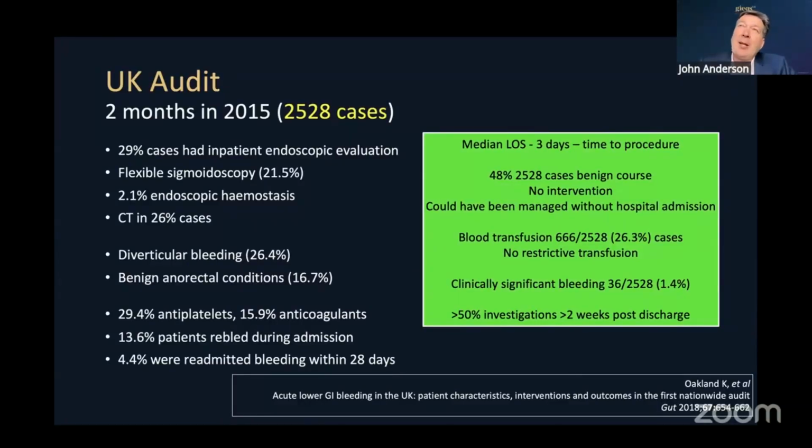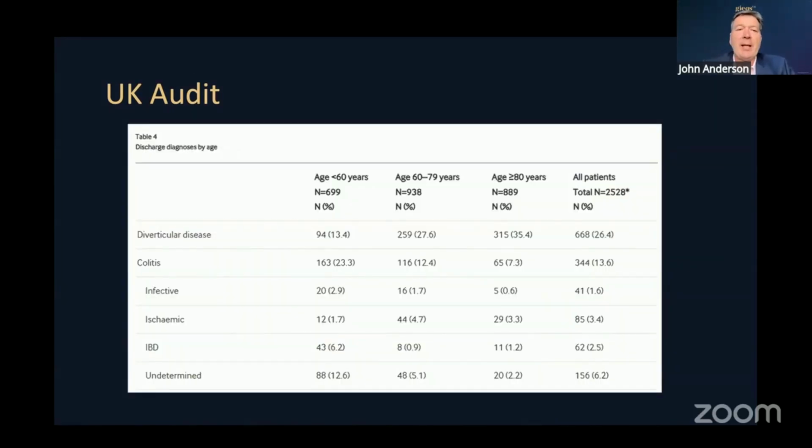And this also highlighted the fact that we're using a lot of blood in these patients unnecessarily, and certainly we weren't promoting back then a restrictive transfusion criteria. So you basically give them enough blood to get them going without over transfusing them. So I think we are probably wasting some of our blood transfusion resource. The clinically significant bleeds were very small, and more than half of them waited more than 2 weeks to have any sort of investigation at all. So this was sort of the base point, and then some of the same authors were then involved in developing UK guidelines. And if you want to know what the